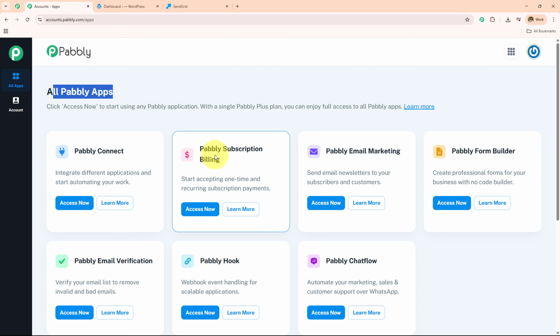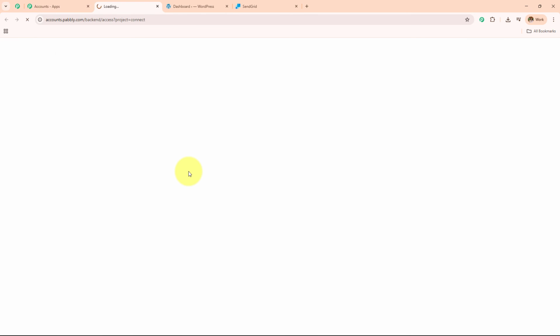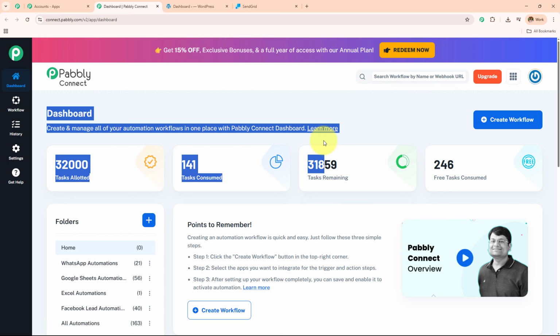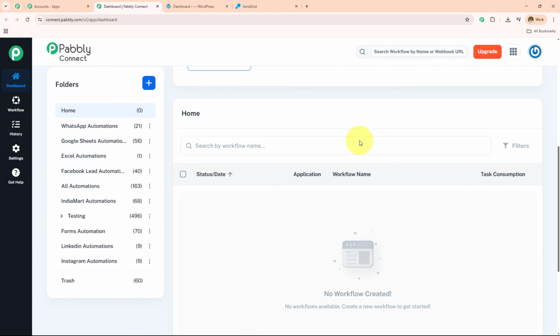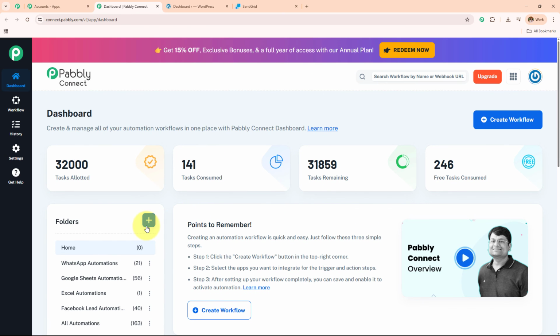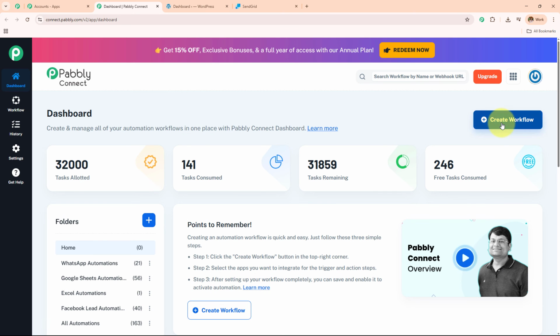And here the all Pabbly apps page has appeared, which is showing me all the Pabbly applications. I am going to click on this Pabbly Connect Access Now. And here it has taken me towards this dashboard where I will be able to find all my workflows and all the folders. Now if you want to create a new folder, simply click on this plus icon and from here you can create a new folder. For now, I want to create a new workflow, for which I need to click on